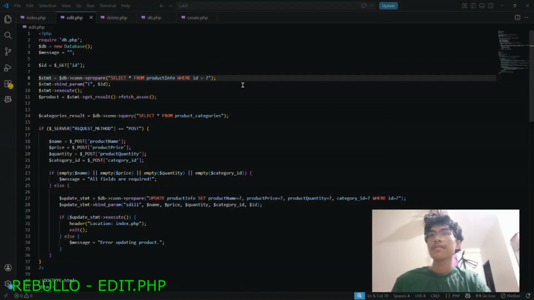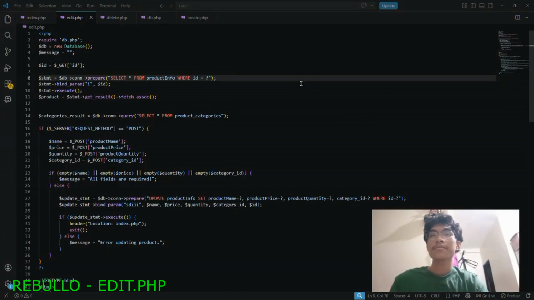First, just like the create.php, the edit.php also has require db, the database, message, and IDs, and the statements like dbcon prepare to select all from product info where the ID is a question mark, which is the placeholder.